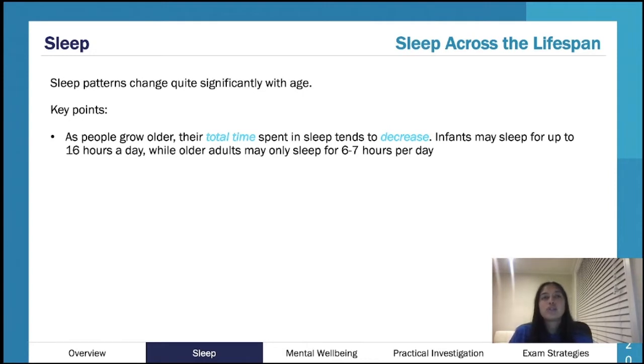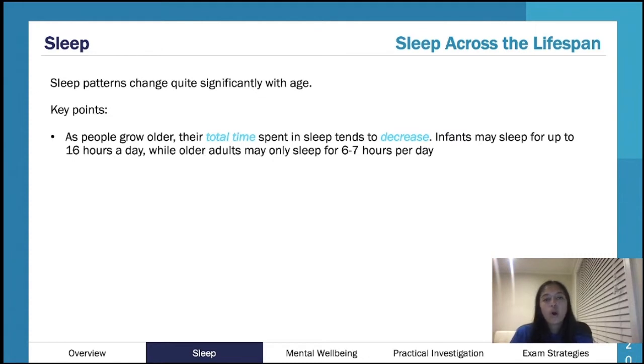I think often they'll show you little graphs, like bar graphs maybe, saying like, oh, this is the amount of NREM they got, this is the amount of REM, or, this is the hours that they got, something like that. Which one belongs to the 6-month-old? Which one belongs to the 20-year-old? Something like that. Okay, so in terms of this, we have a nice graph coming up as well, which should help visualize it.